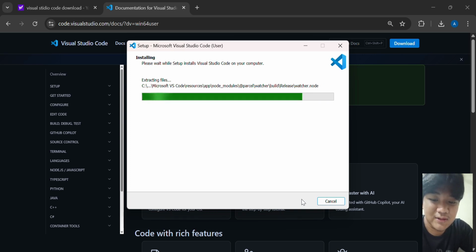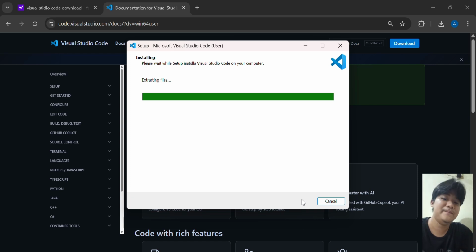You can also install extensions like Live Server for web development or Python tools if you are learning Python. There's also Git integration, which is really helpful when you are working on projects with other people or learning version control.